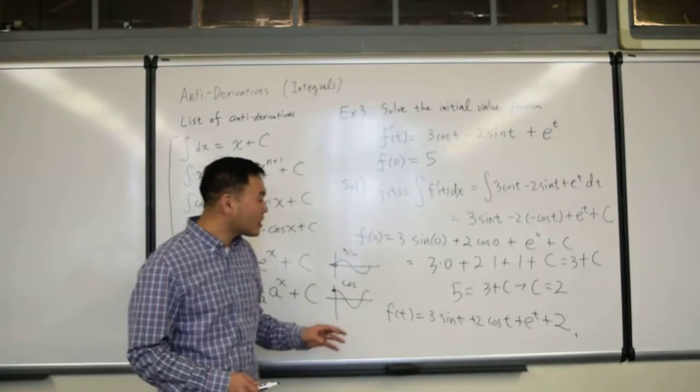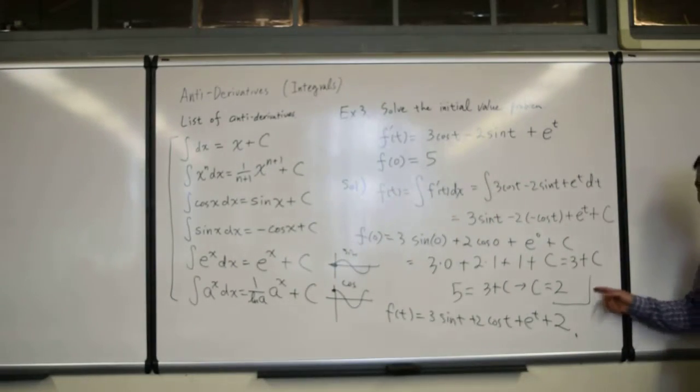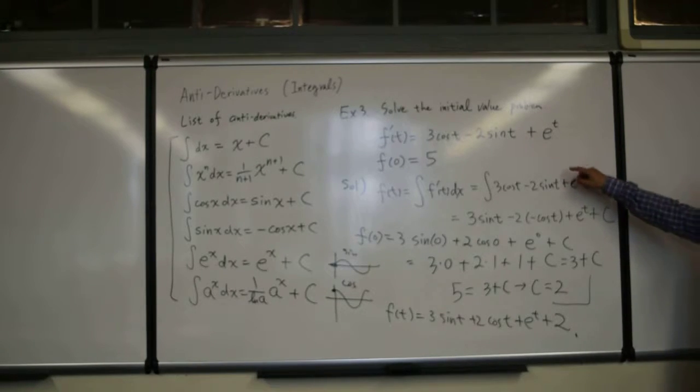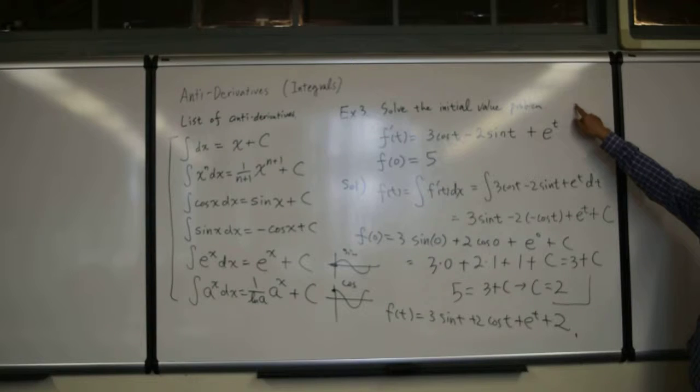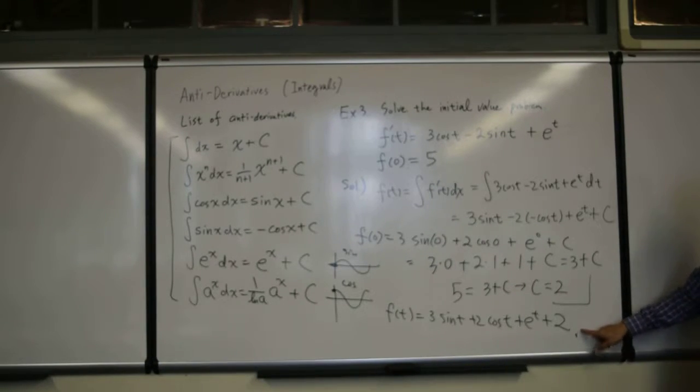A lot of times, people would stop right here. That makes me so sad when I grade. They're almost at the finish line, and the moment you solve an equation, you feel like, oh, I achieved something, and that's where you stop. Always look at the question. When you're solving the initial value problem, you have to figure out what that function was. So you have to say what function it was. You have to take this value of c you got and plug it back into